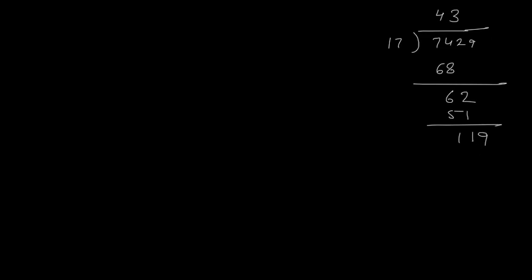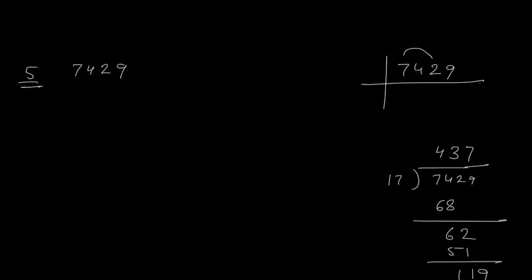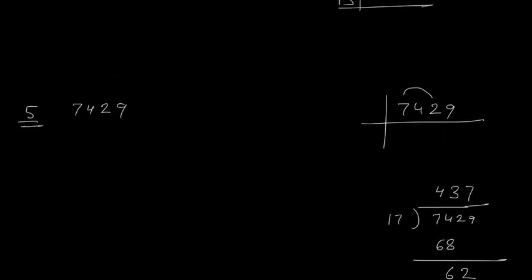What is 17 7s? 7 7s are 49, 7 1s are 7 plus 4 is 11. Okay, so 17 7s is 119. So this I can divide with 17